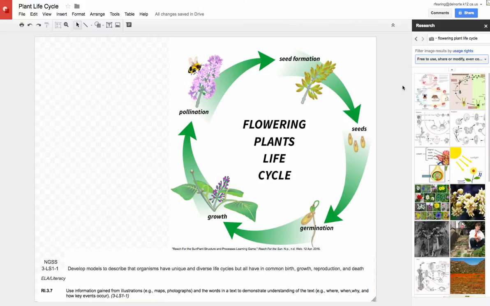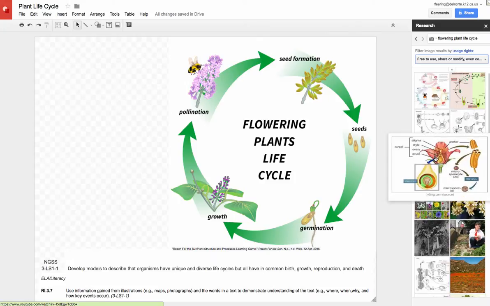A lot of other images are okay to use too, as long as you cite them. But this is a nice way to be sure you or students are using images that you can legally use. So then you would just grab any image you want here and drag it over, and then be sure you cite the image as well. Okay, so